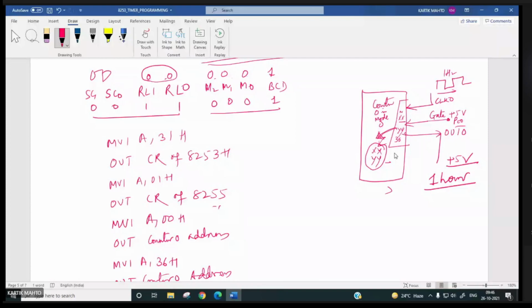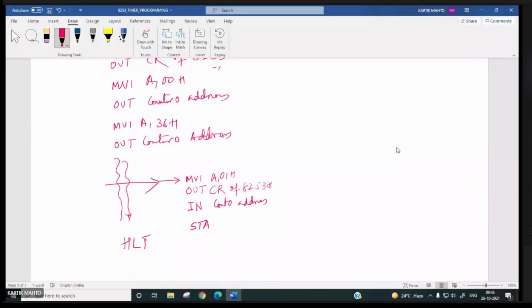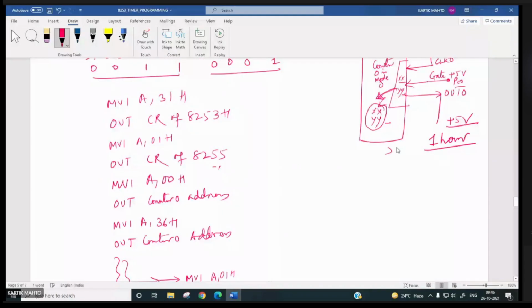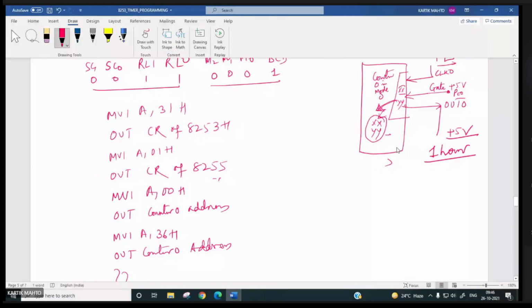Now STA 2400H. So the lower byte, which is XX, will be here in this memory location.